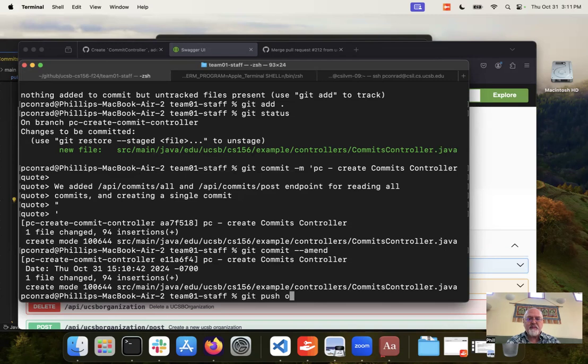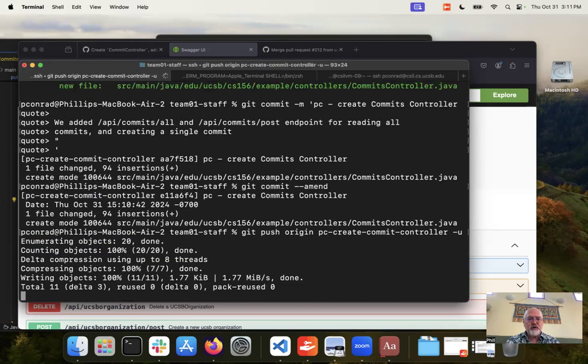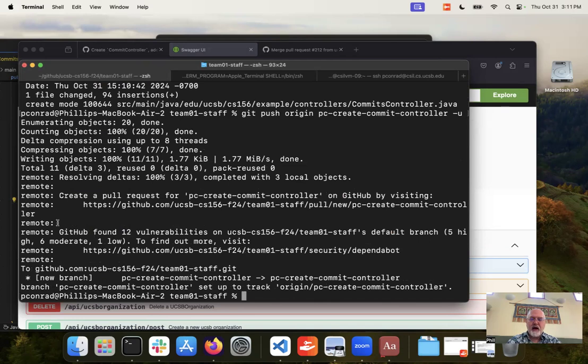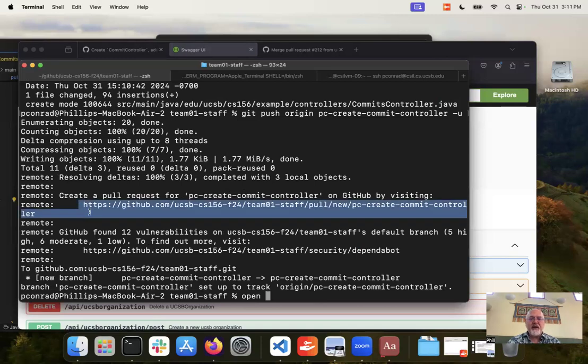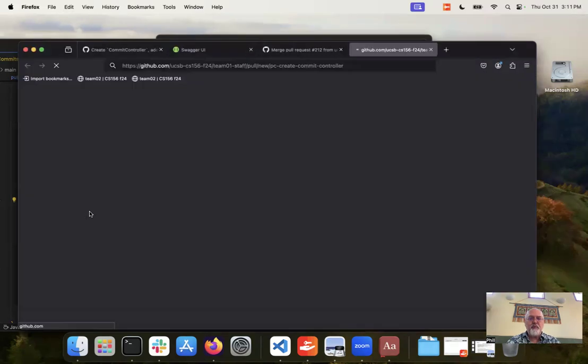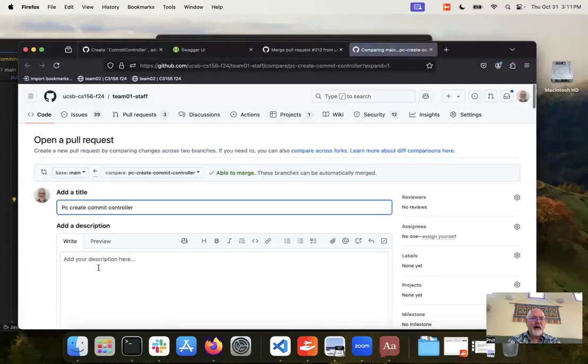So now I can do git push origin and then the name of this branch. I'll do -u in case we need to do another push to this branch. And because it's my first push to this branch, it put up this very nice create a pull request. And I can just copy that URL, open it up, and I'm right where I want to be to create